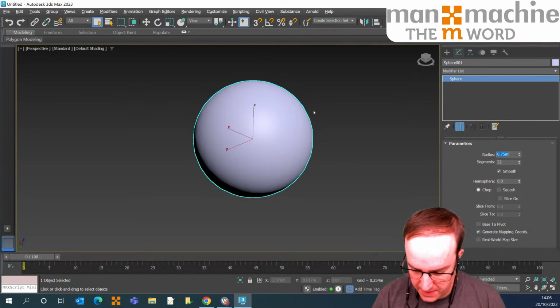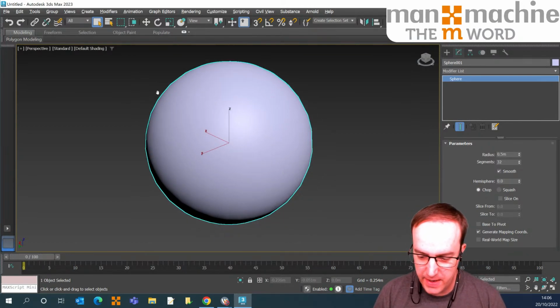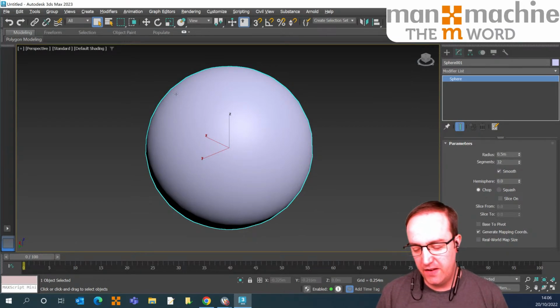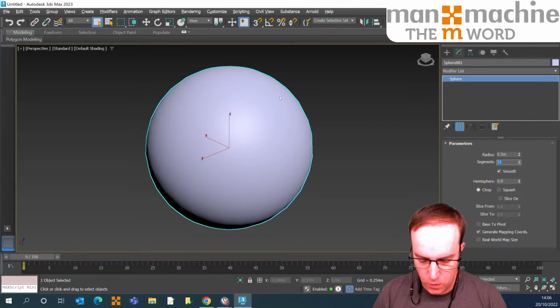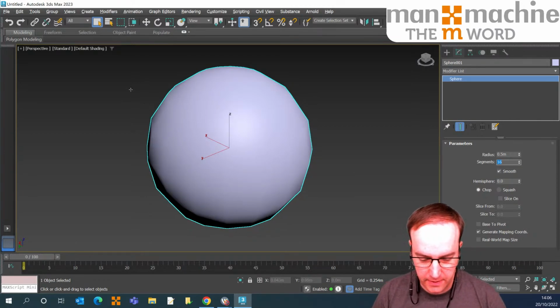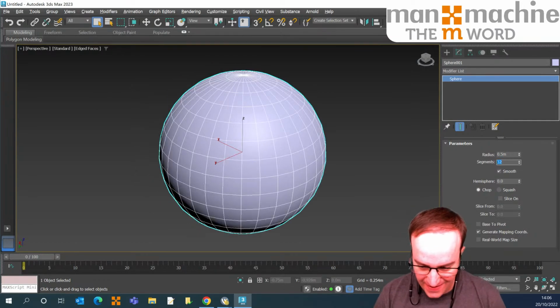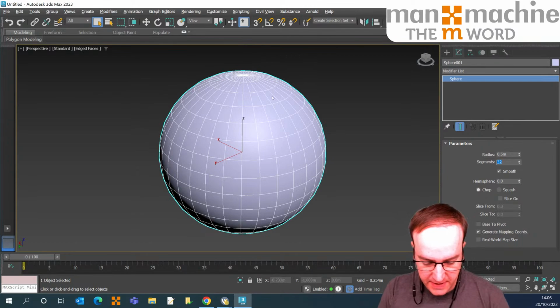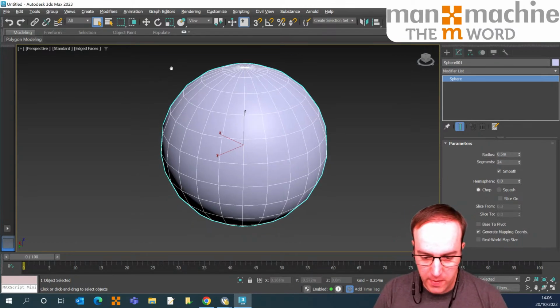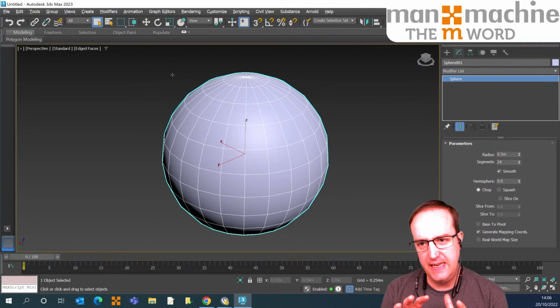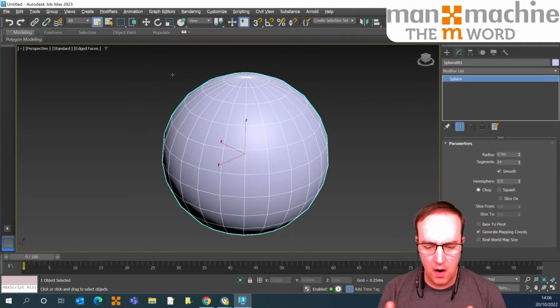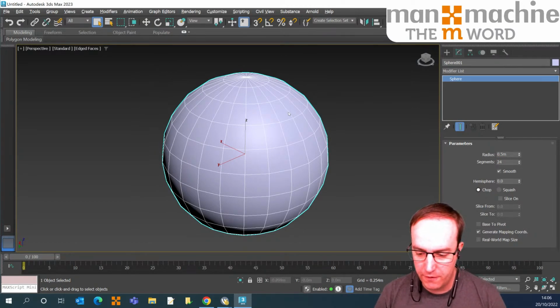So let's go with 0.5 meter in size, so something fairly big. Segments really depends on how smooth you want this thing to look. I want it to be quite unsmooth actually, but you'll notice that by changing that, the more segments you have, the smoother your sphere is going to be. So I'm going to stick with maybe about 24 for the purpose of this. I don't want something that's perfectly smooth, but I want enough to start working on and getting the kind of shape that I'm after. And then with the sphere selected, I'm going to use my modifiers drop down here, which